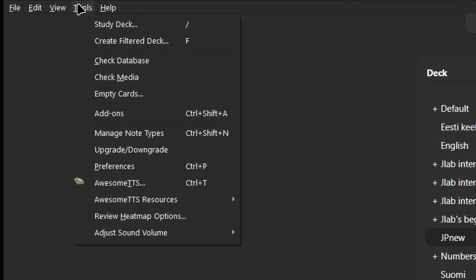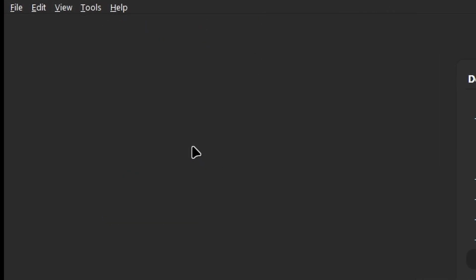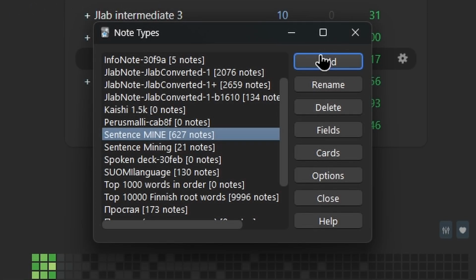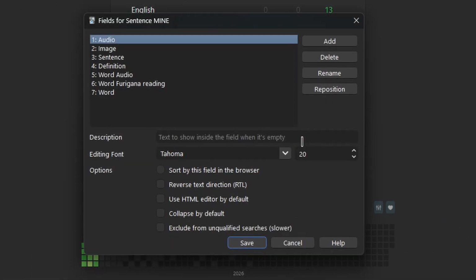Then click Tools again, Manage Note Types, and here click Add. Name it however you want, then click Fields, and you will have to add audio, image, sentence, definition, word audio, word+furigana reading, and word. Then click Save,